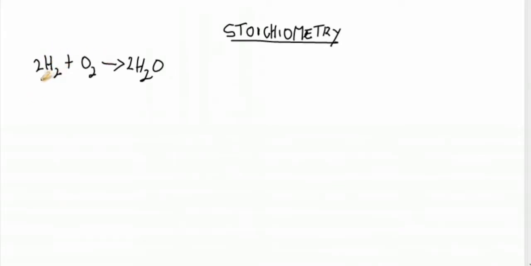Here it can be interpreted that 2 moles of hydrogen, since the coefficient in front here is 2, combined with 1 mole of oxygen molecules to produce 2 moles